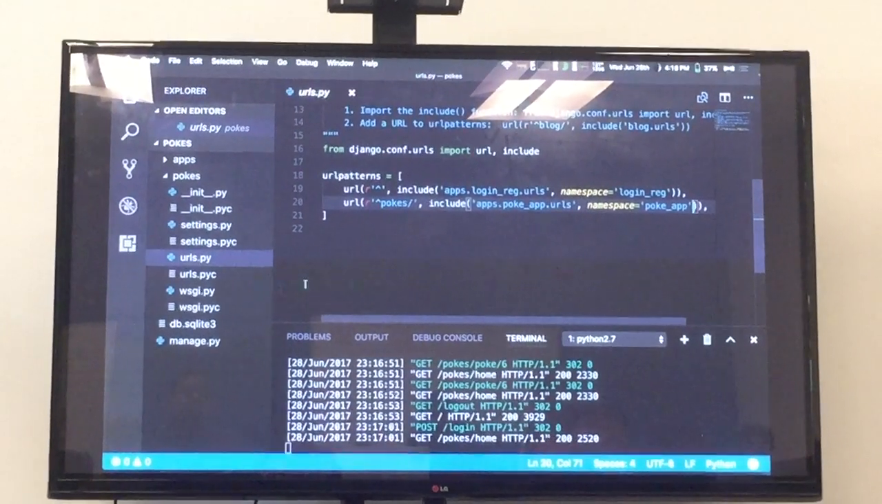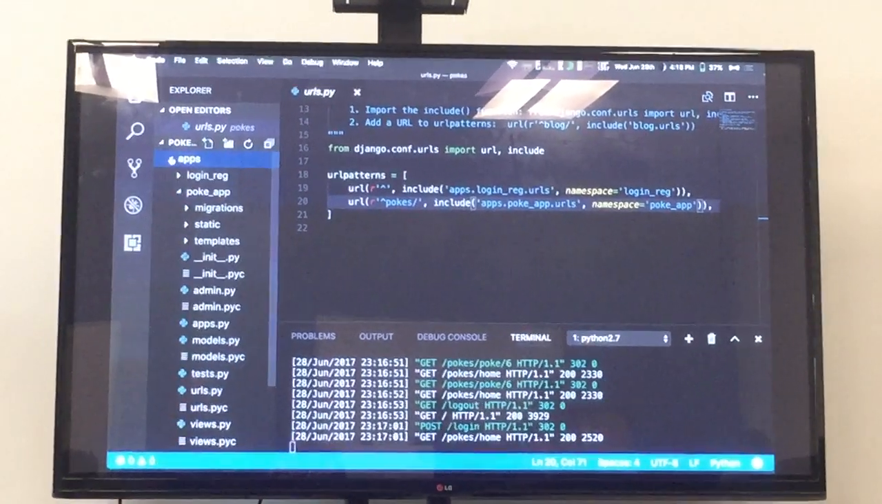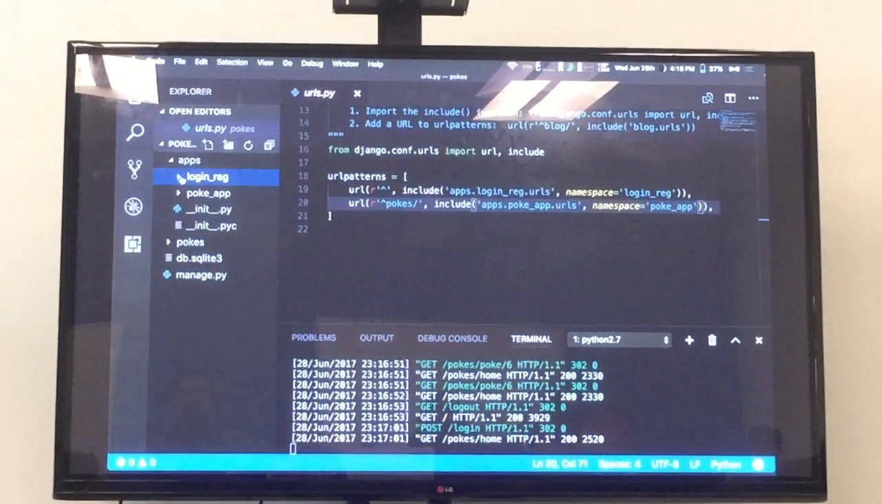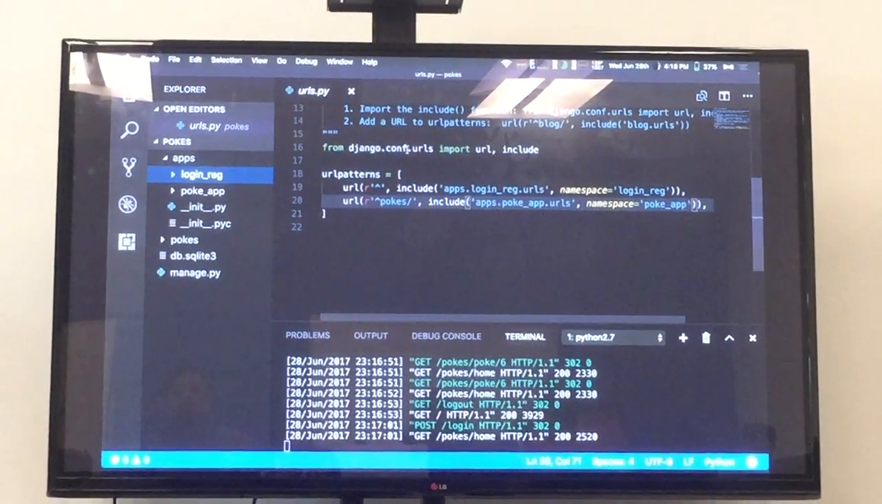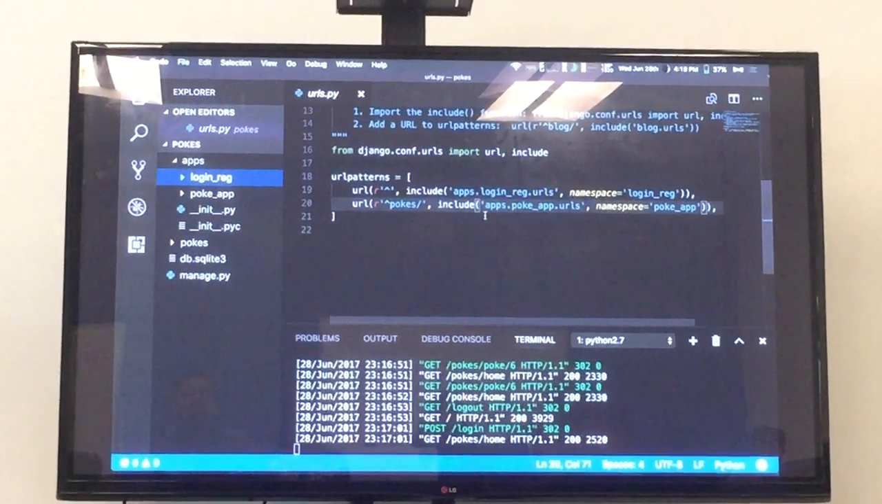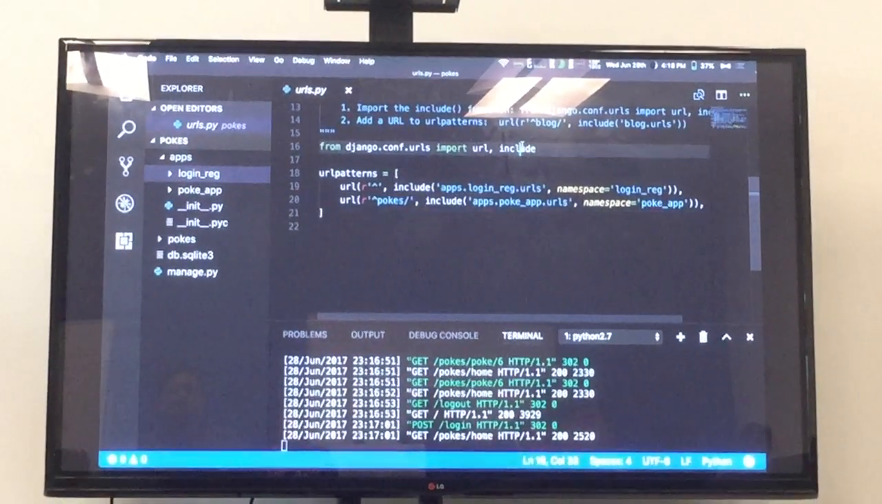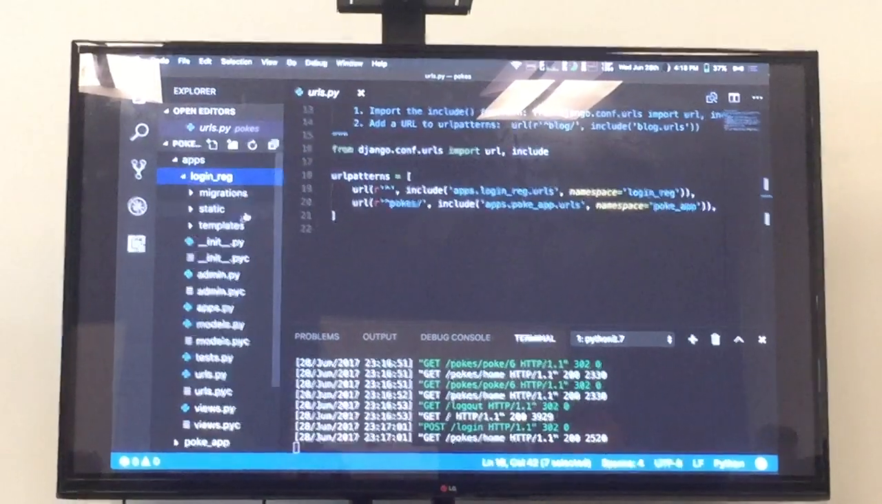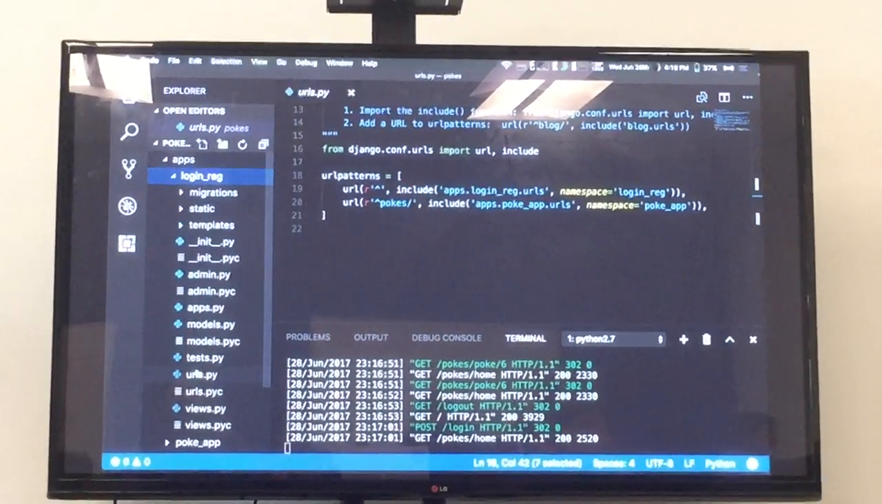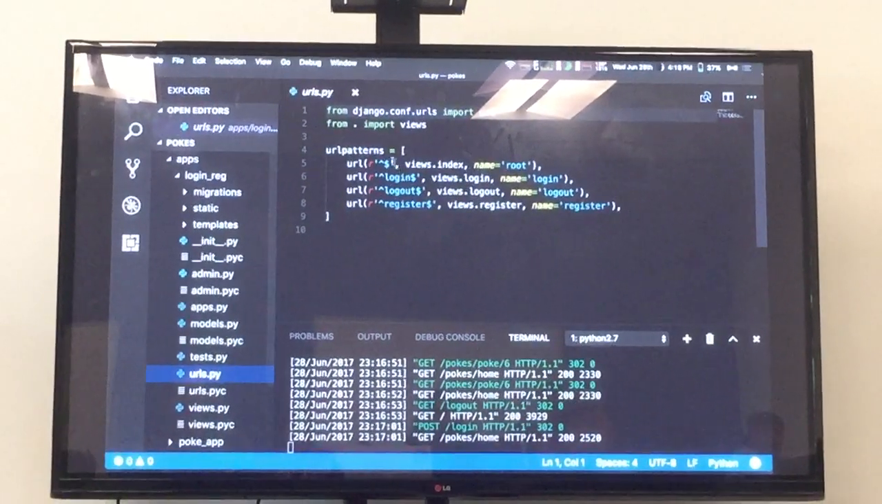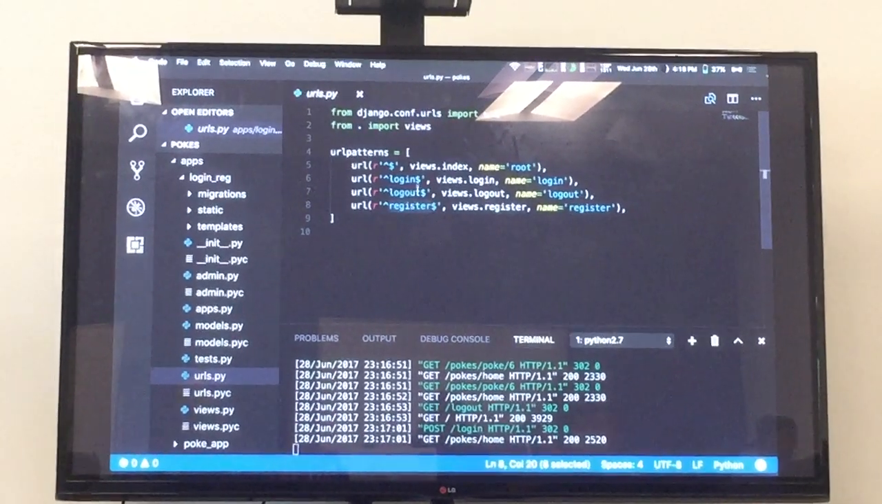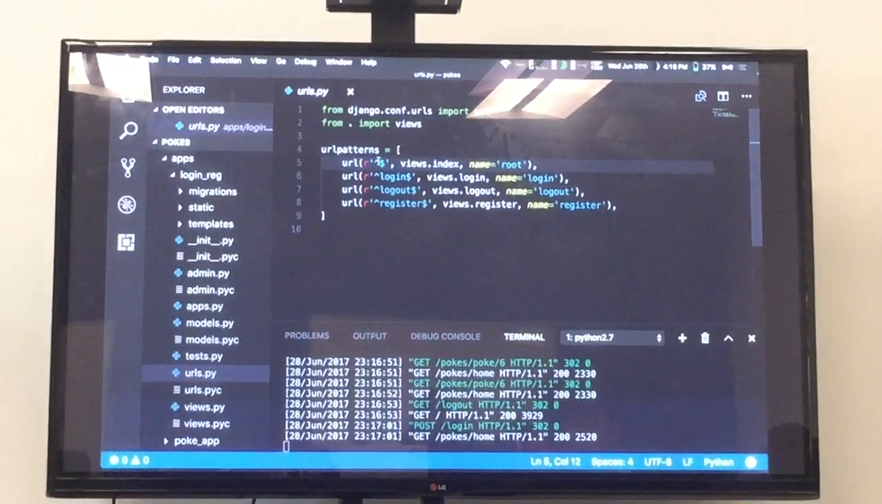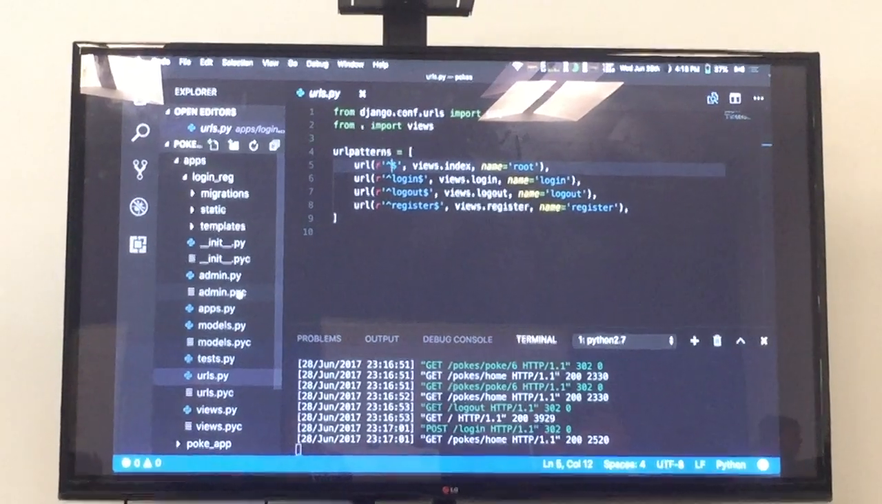Okay. And if we look at, we are already in the Poke app, so no, this is global URLs. Oh, okay. So if we go and look at login URLs, we have login, logout, and register, right? And then the index page. And then